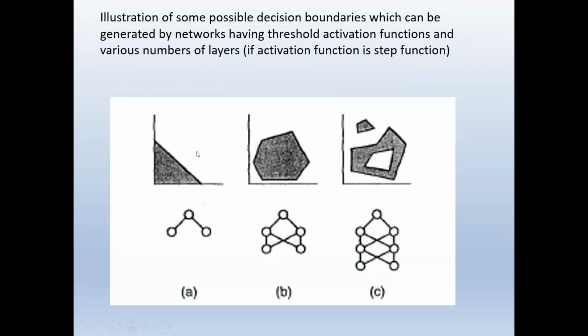So let us consider this network. What is this? This is a decision boundary. The black color and white color indicate two classes, and this line indicates the decision boundary. So I can say that the positive and negative classes I can discriminate with the help of a single straight line. So a single neural network without a hidden layer is sufficient to approximate.